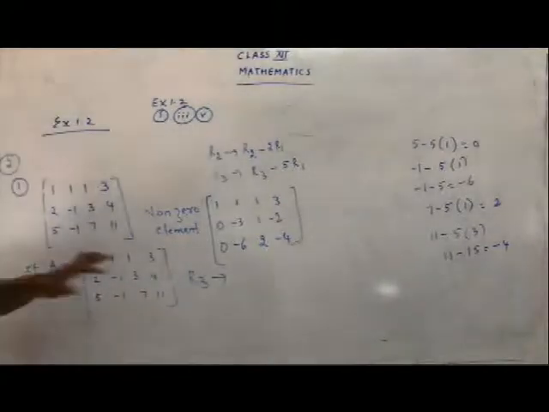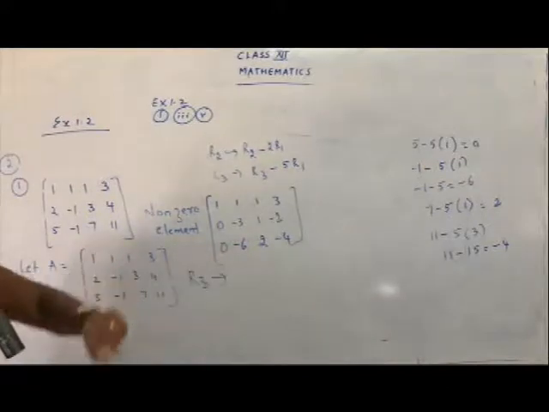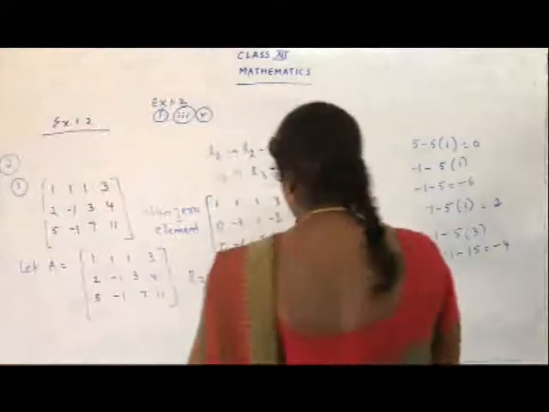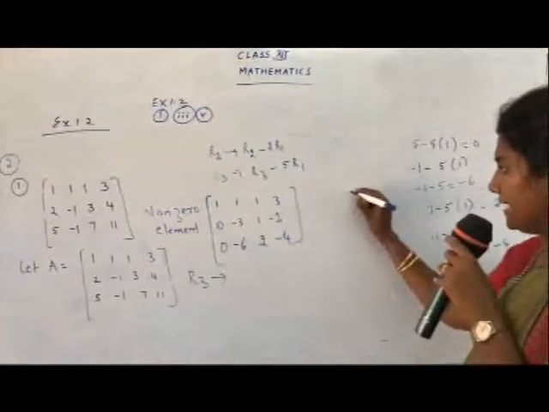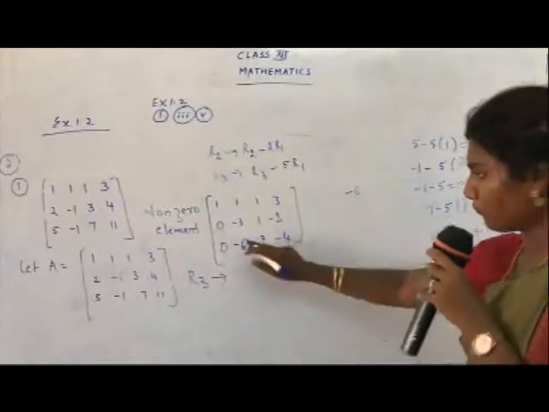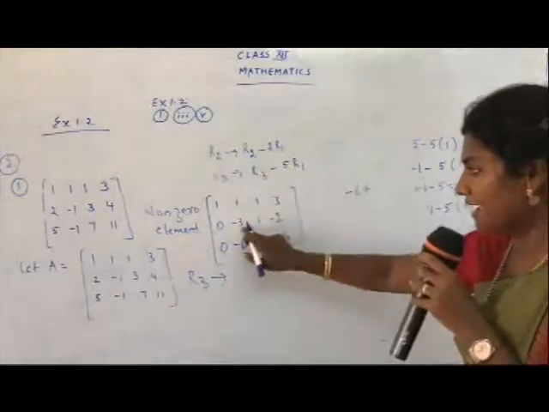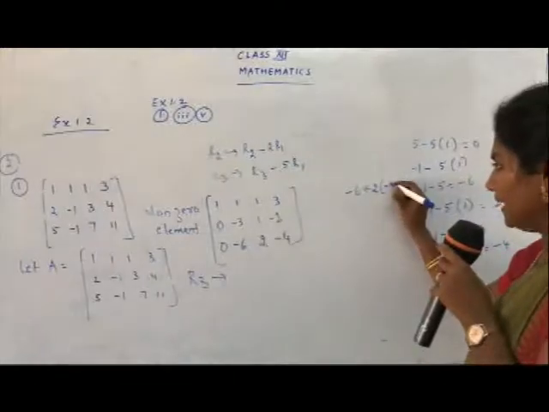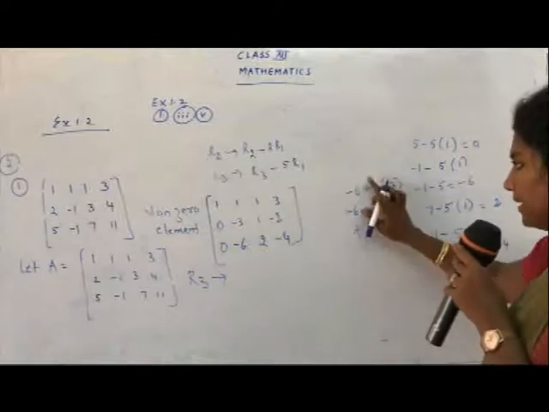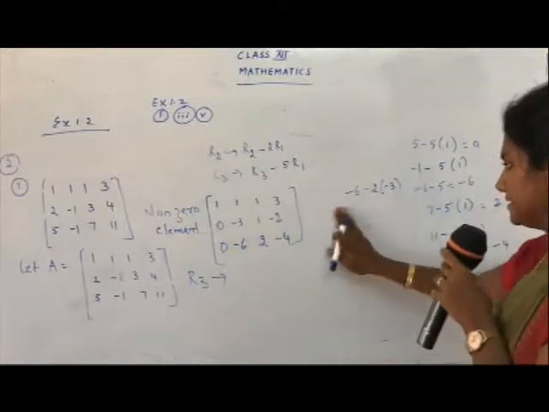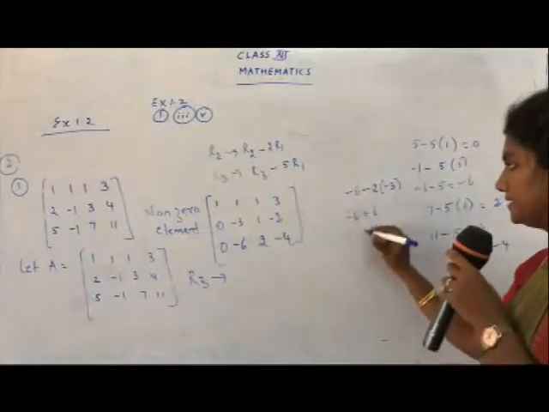I know that the minus 6 has to be made as 0. So let's have a small calculation and find how to make that minus 6 as 0. See here, minus 6, plus here I have 3. If I put 2 into minus 3, I get minus 6, minus 6. I am not getting a 0 answer. So what I do is I put a minus here. Then I get minus 6 plus 6, which is equal to 0.